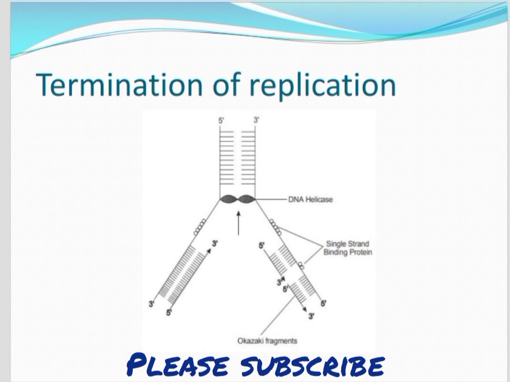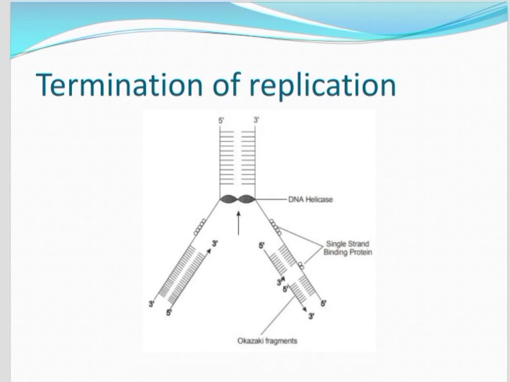The Okazaki fragments are joined by the ligases, and the gaps are filled by the DNA polymerase, adding the nucleotides. Later, the primers will be removed by DNA polymerase 1 after the elongation of the complete DNA daughter strands. And if any mistakes are there, they are repaired by DNA polymerase 2. After this elongation, after the addition of the nucleotides, the replication will be terminated. So the two daughter strands will be formed, one the new one and the other the parent template strand. So this is about DNA replication.